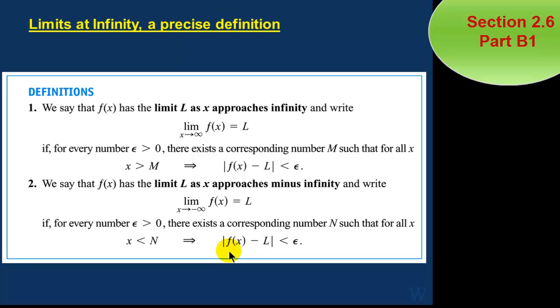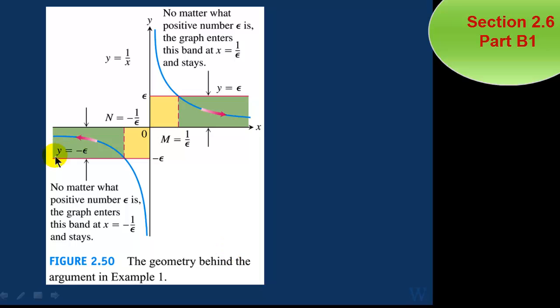Let's look at it graphically because we're more familiar when we look at it visually. Suppose we consider the function y equals 1 over x and we let epsilon be given. We know that the limit of 1 over x as x approaches plus infinity is 0 because it's asymptotic to the x-axis, which is y equals 0. So how do we show that this is the case? If we let epsilon greater than 0 be given, we are taking an epsilon band,